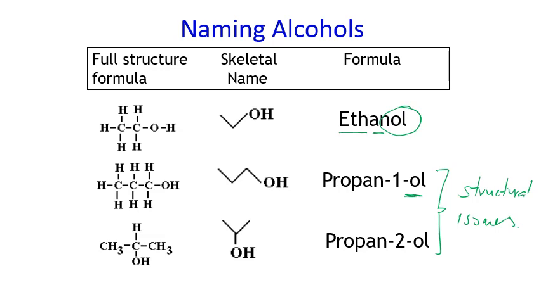So it's not propan-3-ol, it'll be propan-1-ol. This is given the value of 1 in terms of naming. And it's 1, 2, 3 carbons in the longest chain, so it's propan-1-ol. Whereas here, this becomes on the second carbon, 1, 2, 3, so it needs to become propan-2-ol as structural